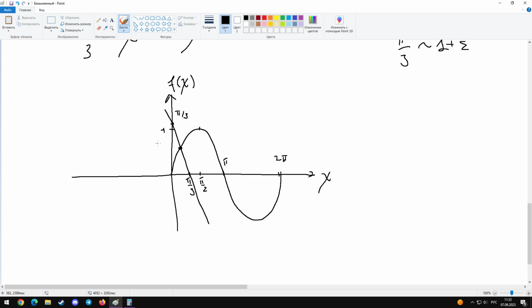But we have to take an initial guess of what the answer would be. So if I take pi over 3 as an initial guess,